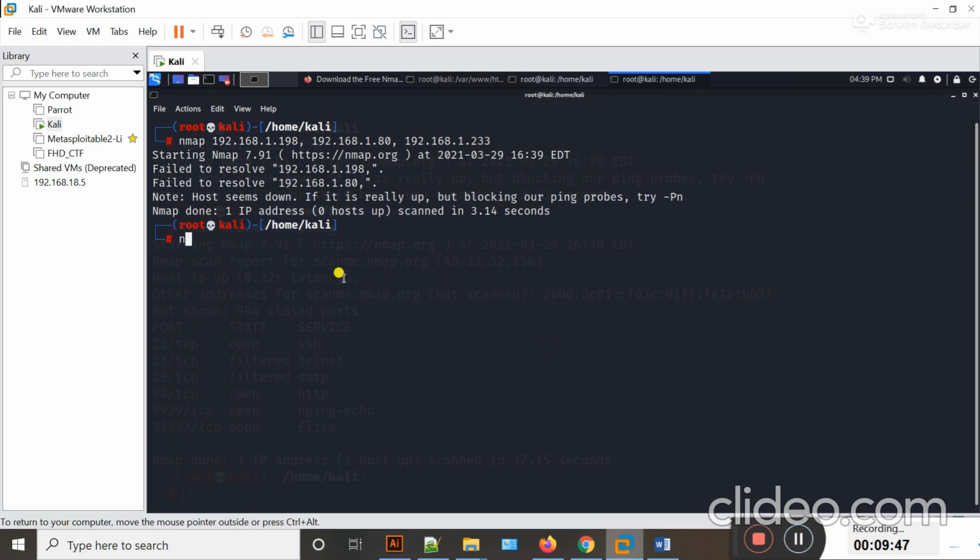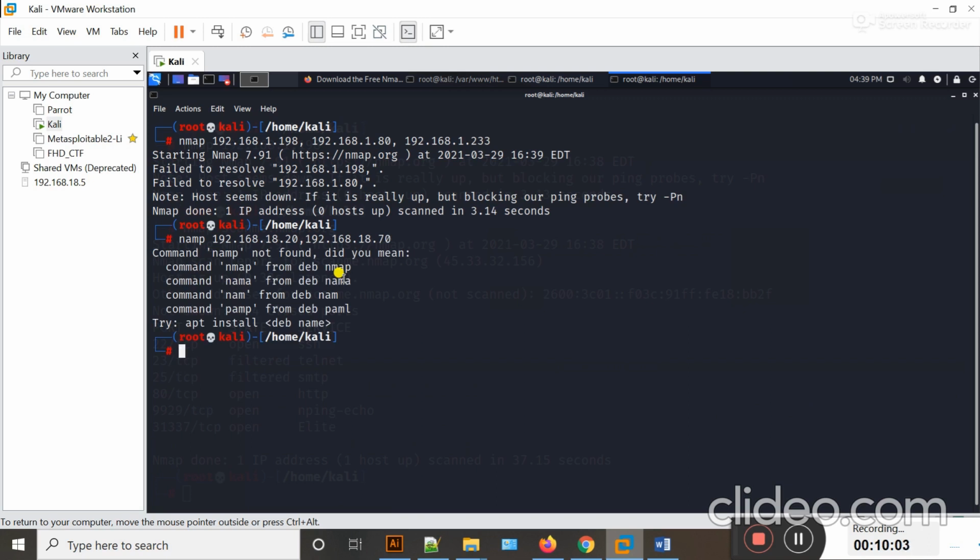Okay, if I type here nmap 192.168.18.1, some random IP, and 192.168.18.70 and hit enter. Oops, sorry, there is a spelling mistake in the nmap command. It should be nmap, and hit enter.